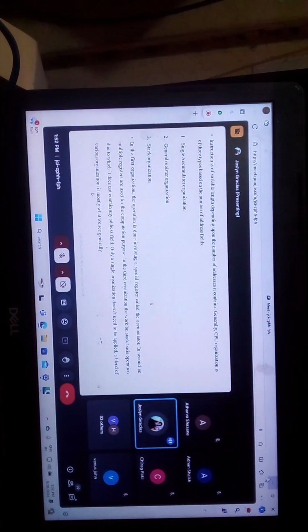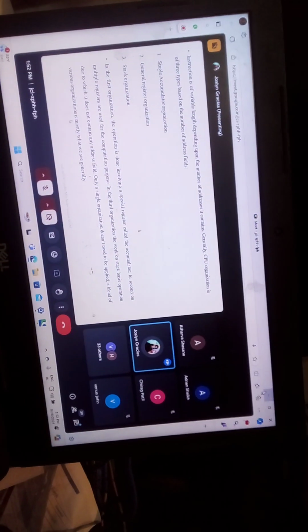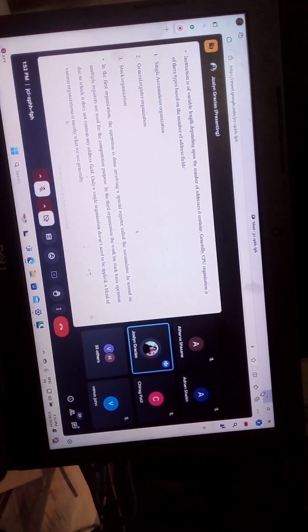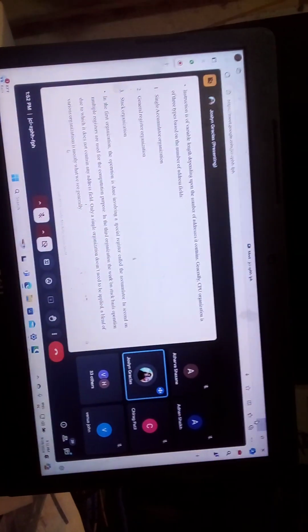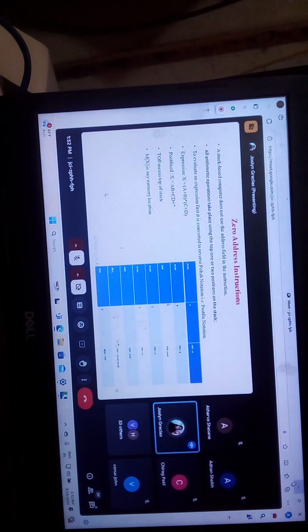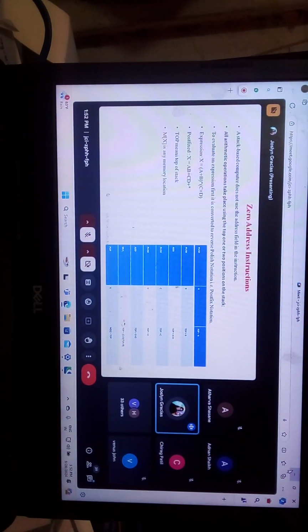Our classification of the instruction set is based upon how big my accumulator is, how many registers are there in my organization, and what is there in my stack. Those are the basic things required to understand. So first let's look at the zero address instruction format. Everyone can see the screen?